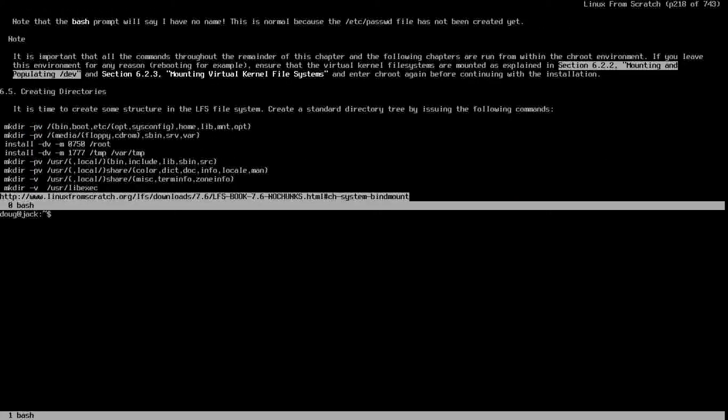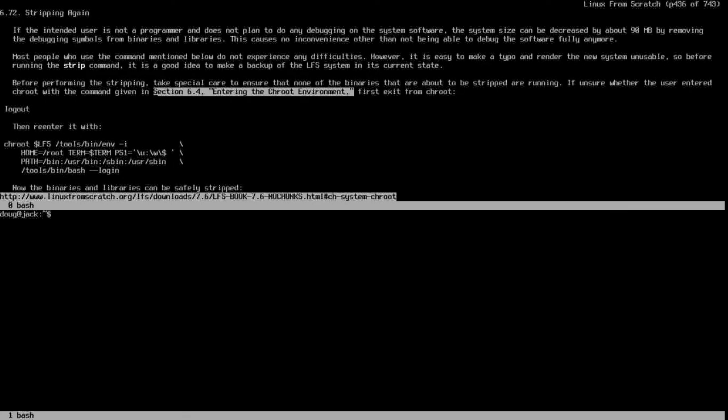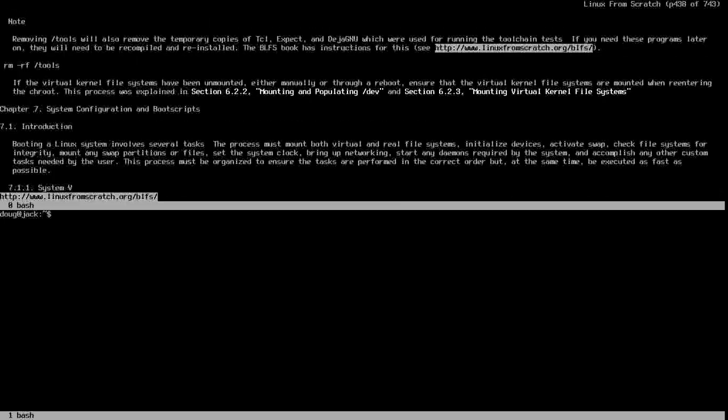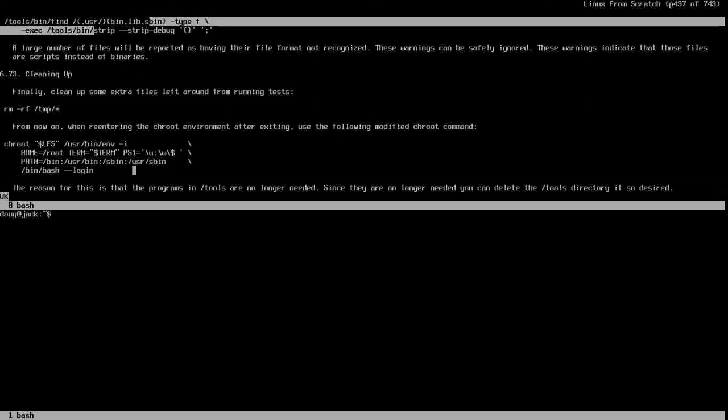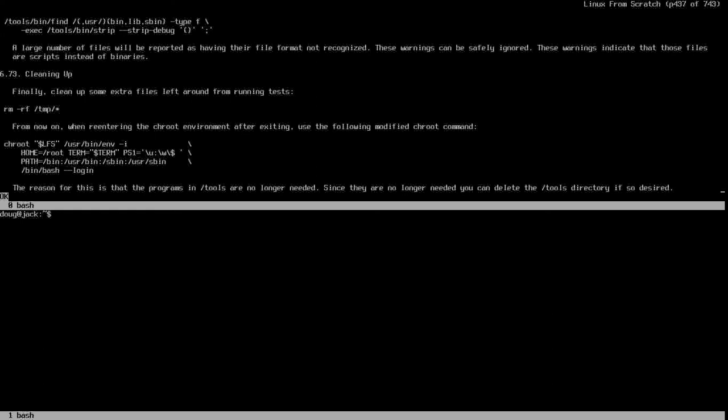It's time to enter the chroot environment. Okay, no. Then re-enter it. Right here, section 6.73, it says cleaning up. From now on, when re-entering the chroot environment after exiting, use the following chroot command. Reason being is the tools directory is not in the path. This other one up here, the other two, were just temporary for using the tools directory and everything else. So what we need to do is